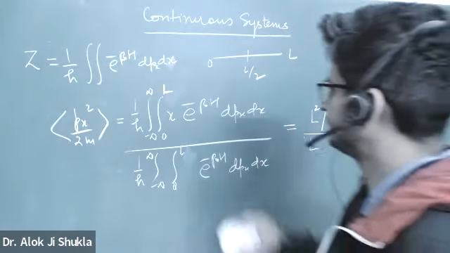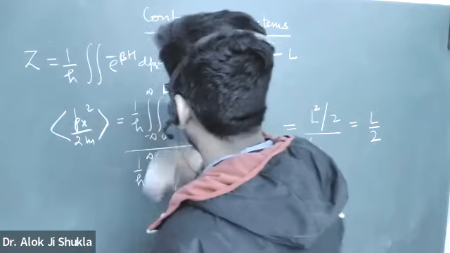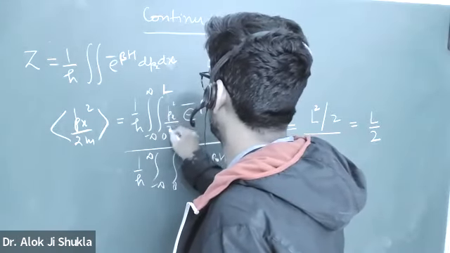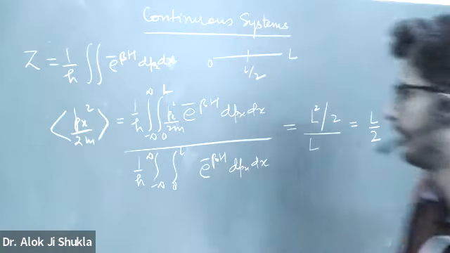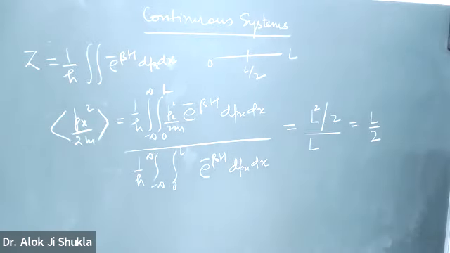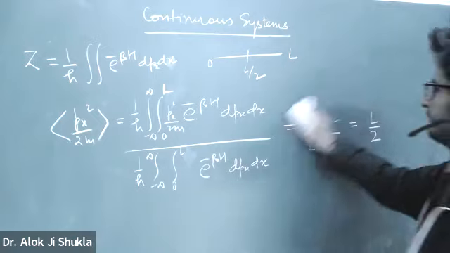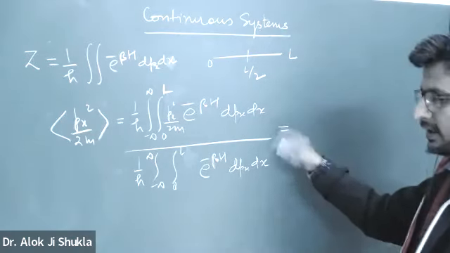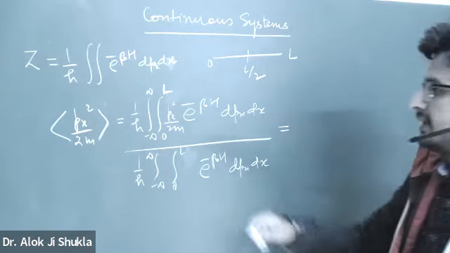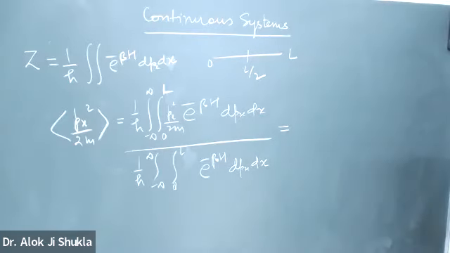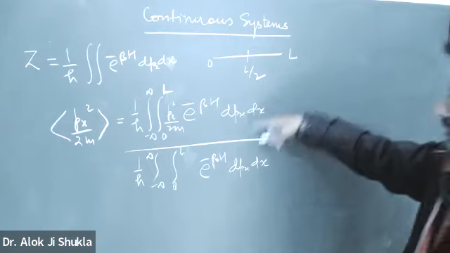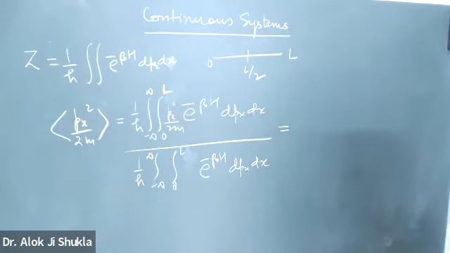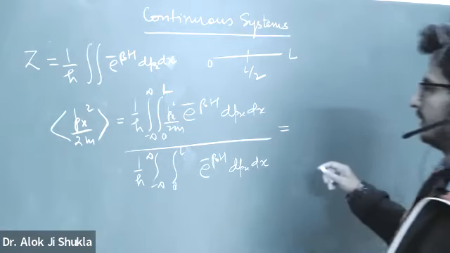We will put here average kinetic energy, right? Px square by 2m. So what will happen? This time you can't cut that. This time dx will be gone, right? Dx wala same hoga. So only integral left out will be this